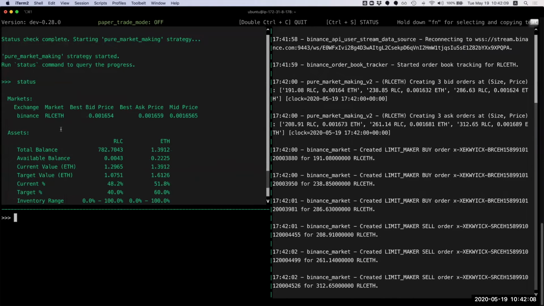So it's RLC ETH, and the mid price is 0.001656. So if I want to set, say, a ceiling,